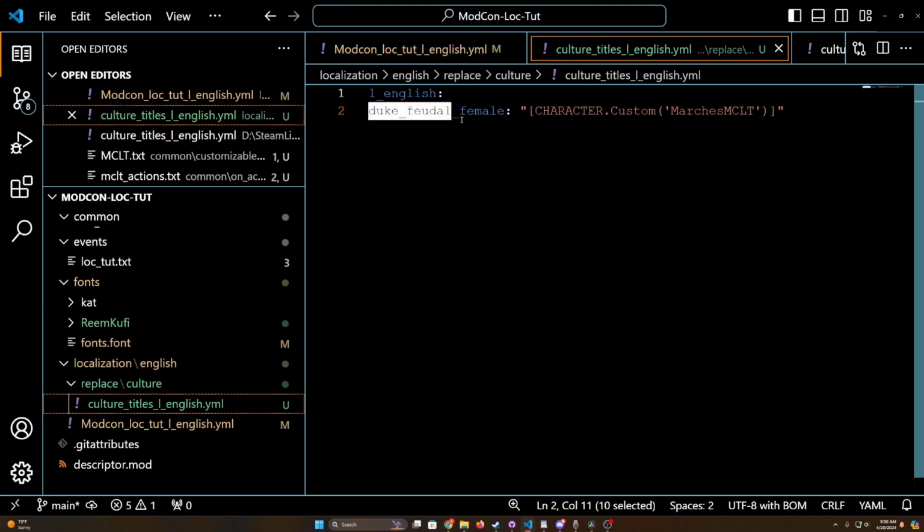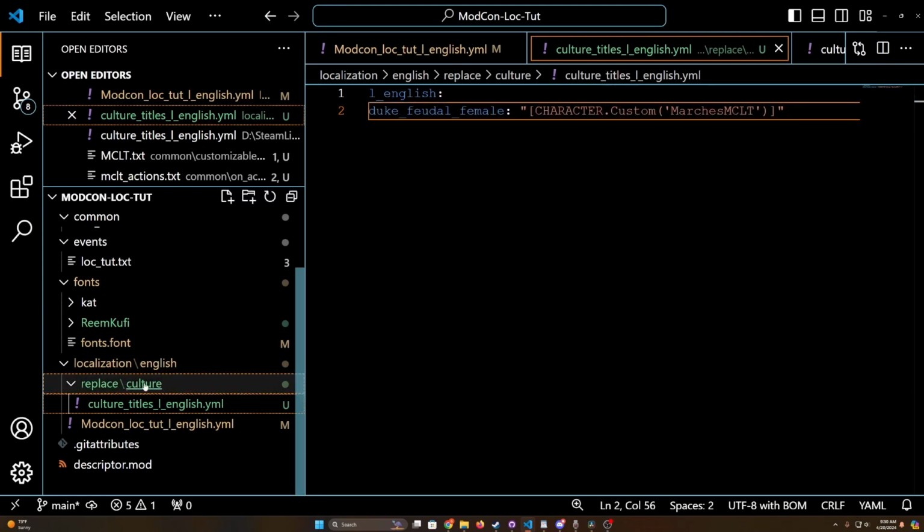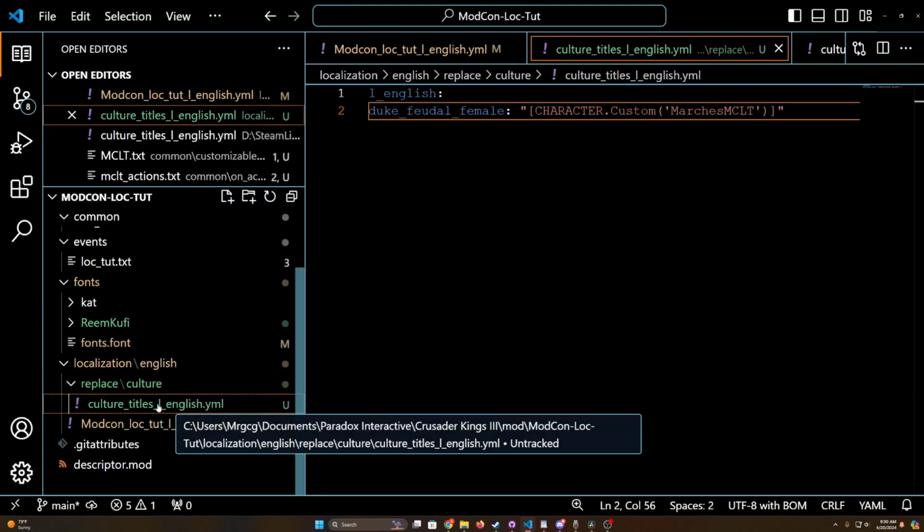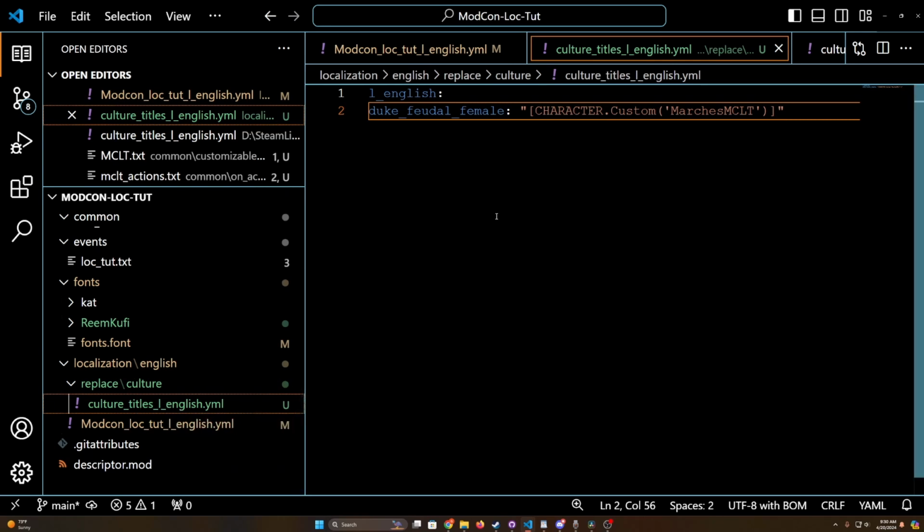I want to reiterate again to please use the replace folder correctly if you're going to be replacing single keys from the vanilla game, as we did here. For another great use of regular script,